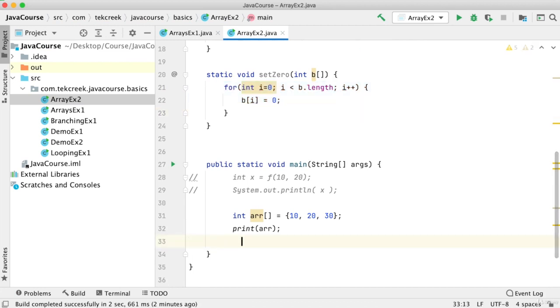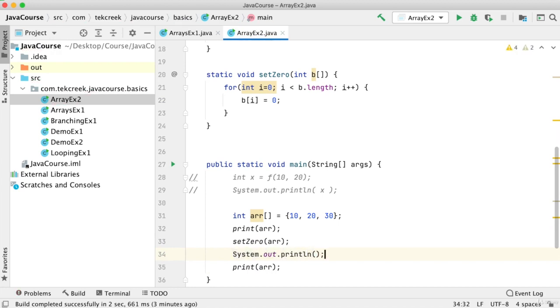If I make a call to set0 and I pass this array, will this affect the original array? Yes, because what you are passing is an address and B also refers to the same address. Whenever you make a modification, you are also modifying the same elements. So this affects arr. Now when I print arr again, what is going to happen?